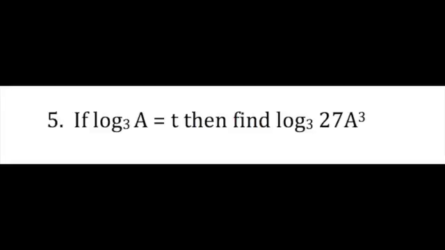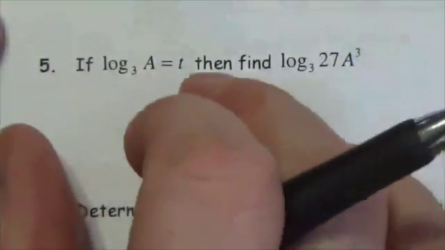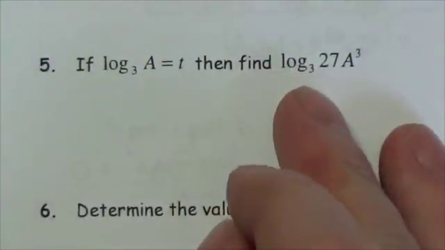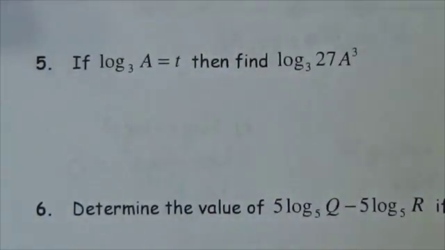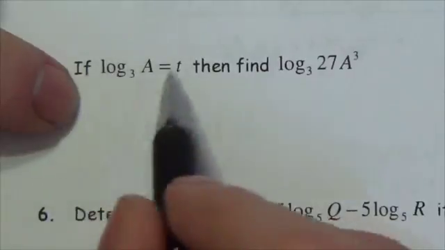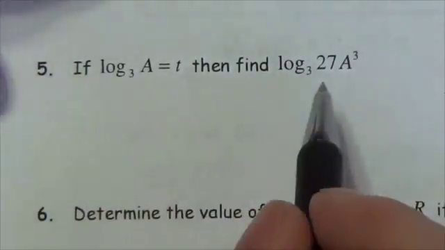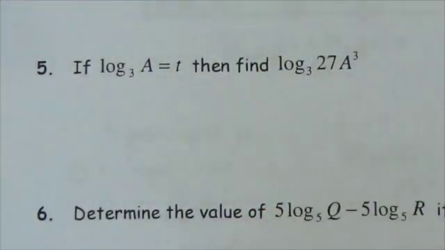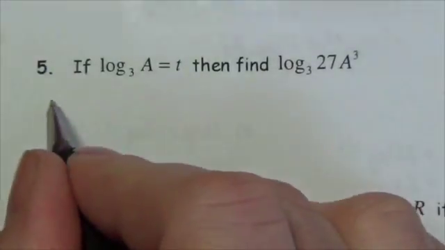If the log base 3 of a is equal to t, then find the log base 3 of 27a cubed. All right, now you might recognize this pattern of question. We've looked at it before, but we did it a little differently before. Previously, what we would have done is converted this logarithm to its exponential form and then done some substitution. Now that we've seen the log laws, another way that we can look at this is